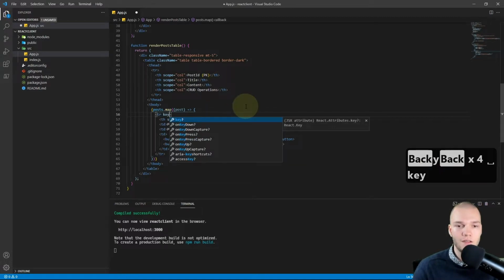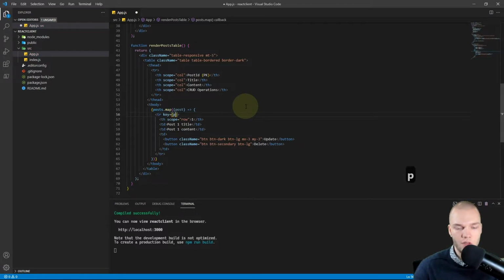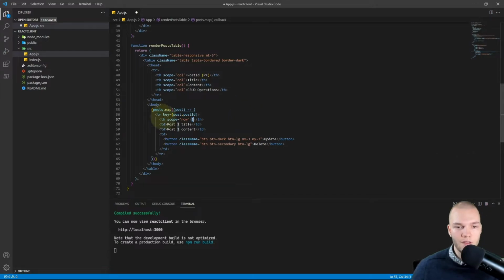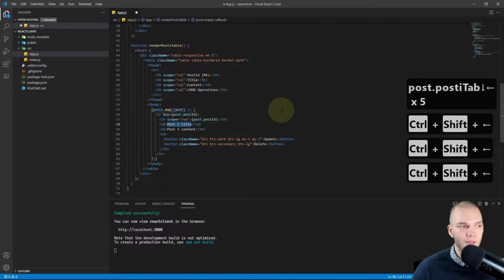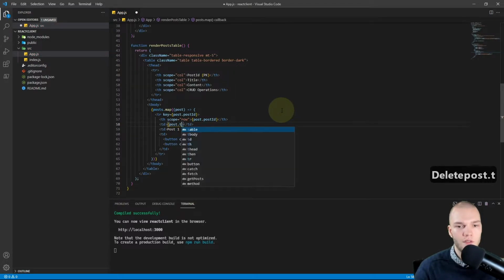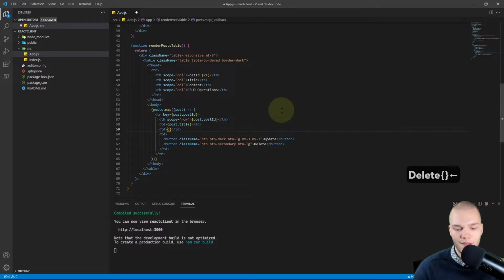So I want to give each table row a unique key. And we'll just use the post.postID for that. And let's make this dynamic now. So I'm gonna change the text of this table heading here to be dynamic. So I'll do post.postID. And I'll also make the title dynamic. So I'm gonna do post.title. And for the content, I'll do